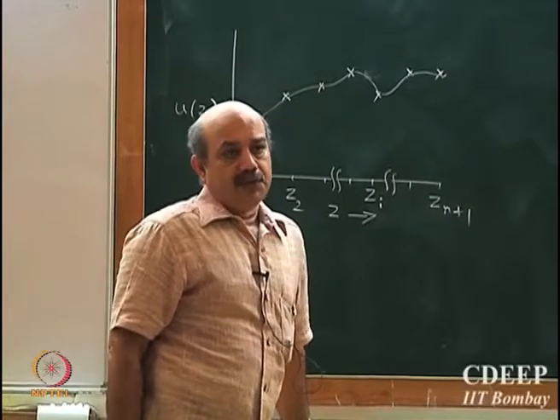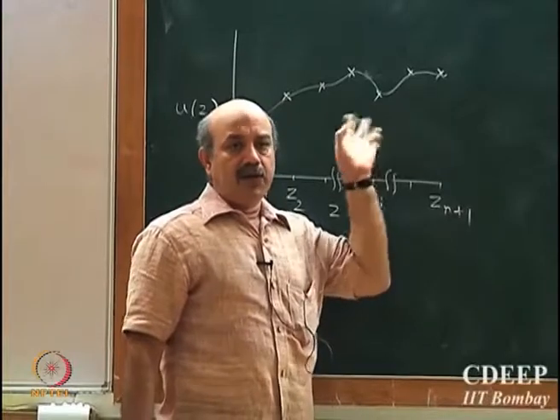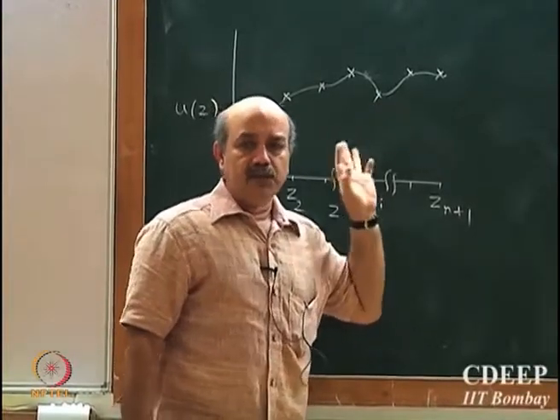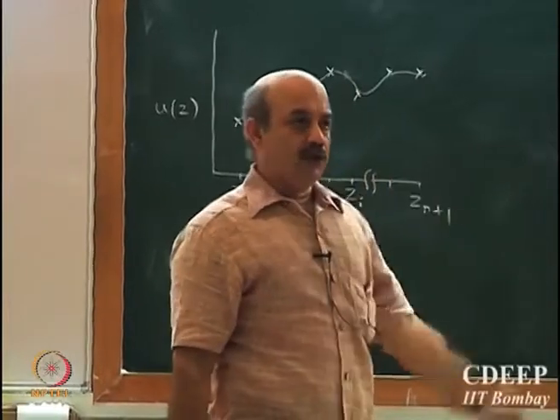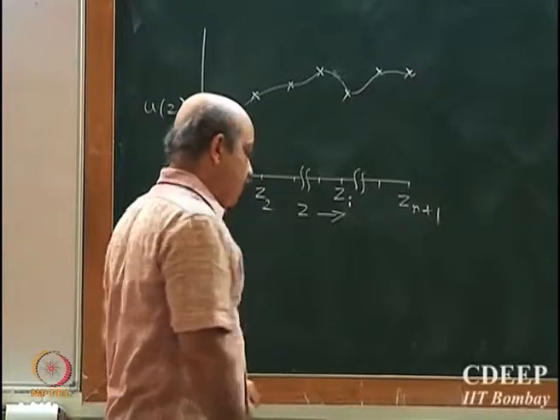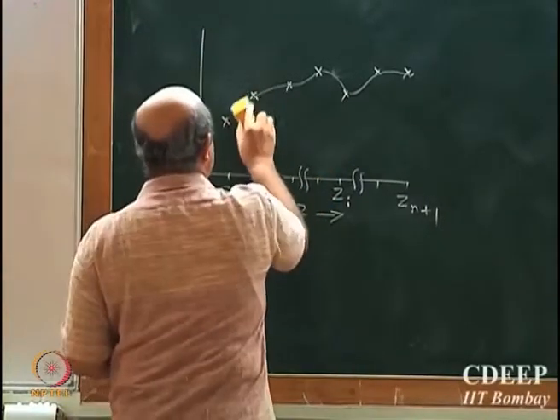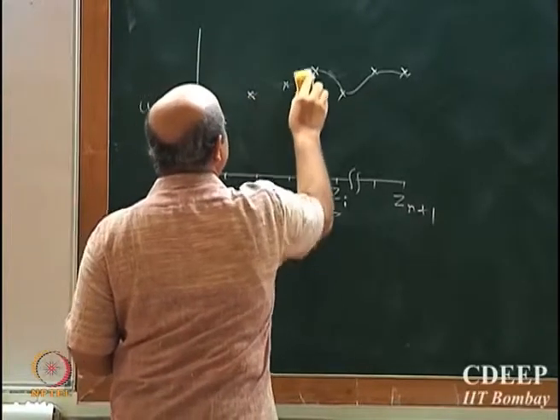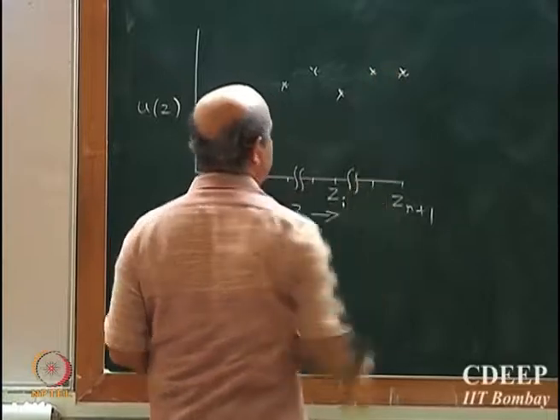There are other options. As I said, finding the coefficients of a very high order polynomial, higher than 3 or 4, becomes an ill-conditioned problem. It's difficult to find the coefficients. So we resort to what is called piecewise polynomial approximation. And one particular type of approximation I talked about yesterday.